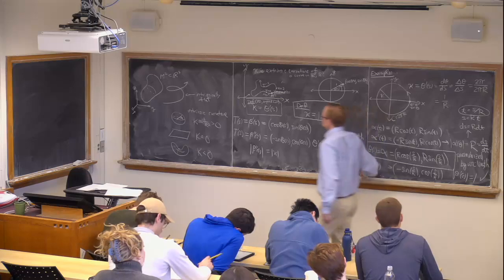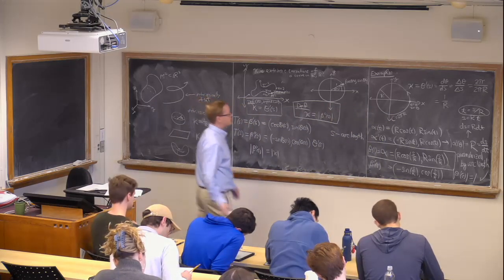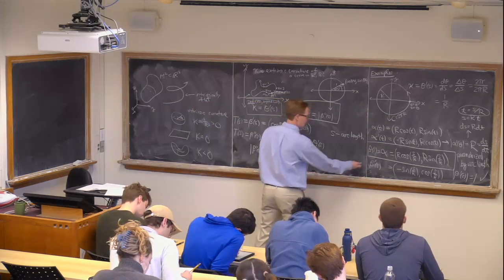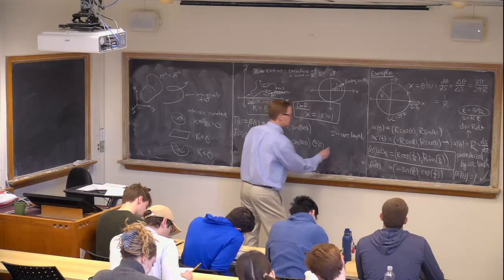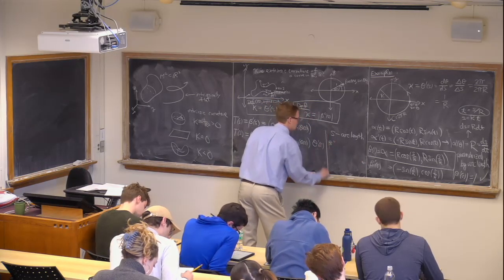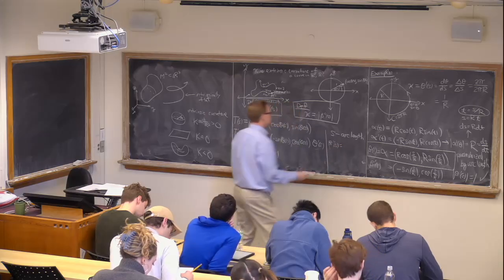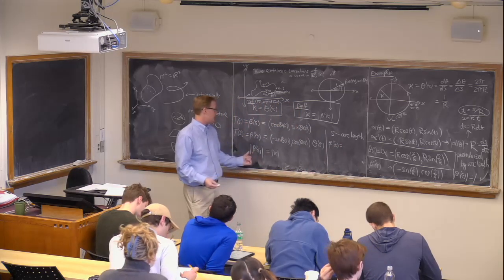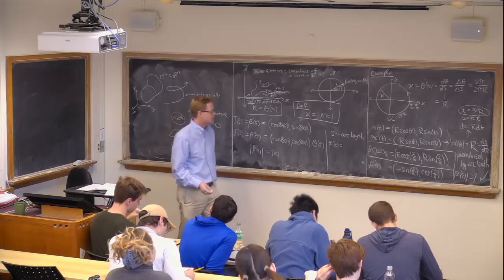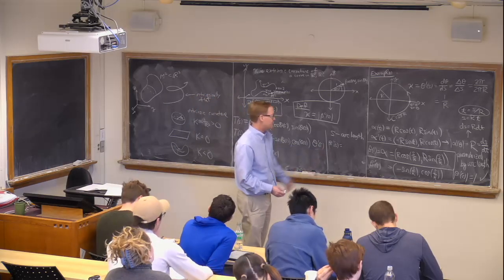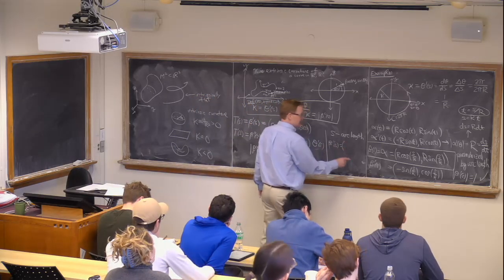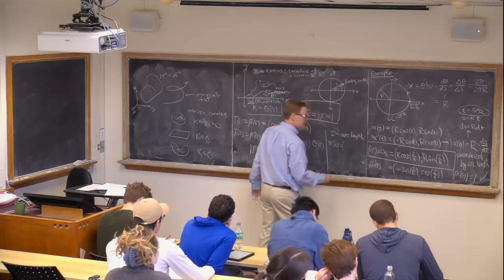Okay, great. And so then to finish off this computation, coming over here, if we want to compute what the curvature is, you simply compute beta double prime of S and take its length, right? So up to a sign, the length of beta double prime of S will be what the curvature is. And so we see that we just have to be able to successfully compute the derivative of this, which is